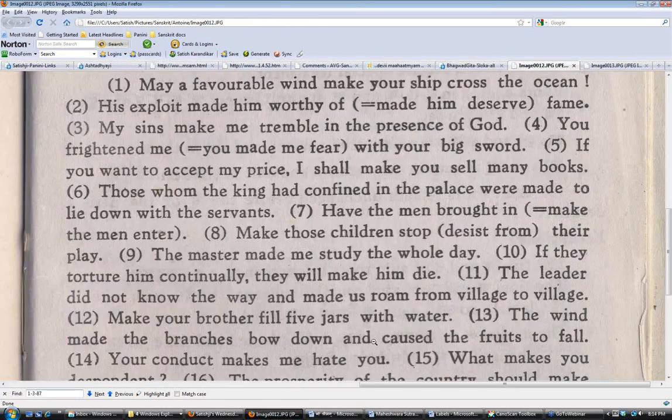Excuse me. Make your brother fill 5 jars with water. Let's say Kalashaha. So let's say your brother, Tava Bhrata, fills 5 jars with water. So Adbhi, or Jalena. Okay. Now 5 jars is Pancha Kalashan. Which one do you want to use now? I think Dhatu Pur is available to us. Let's go to Dhatu Patha and see what we can find here.